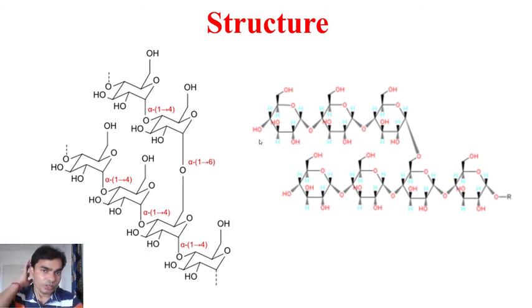So what is the structure of this? You can see here, this is the linear chain of alpha 1,4 bonding. This is the linear chain of D-glucose. This one is the D-glucose, this is the first carbon, first, second, third, fourth, fifth and sixth, and this is the oxygen connected to the first carbon atom. So the first one is connected to the fourth one. This is the first, second, third and fourth one, so it makes the alpha 1,4 bonding.